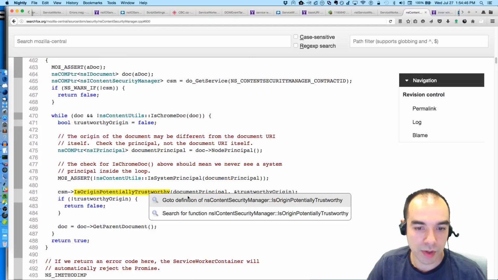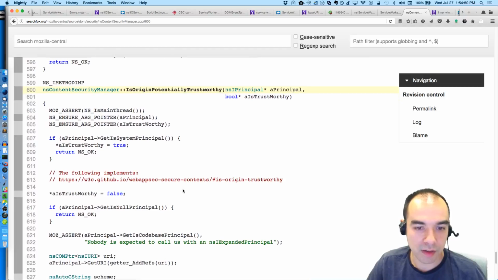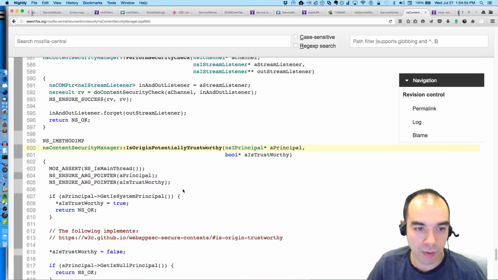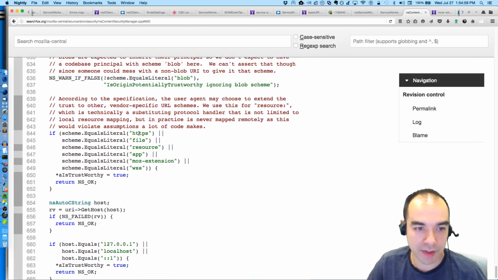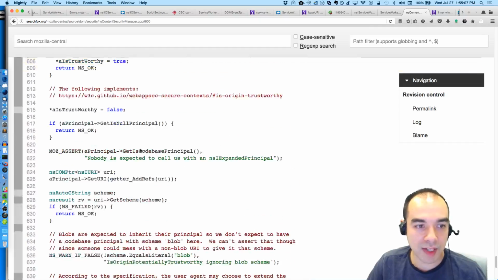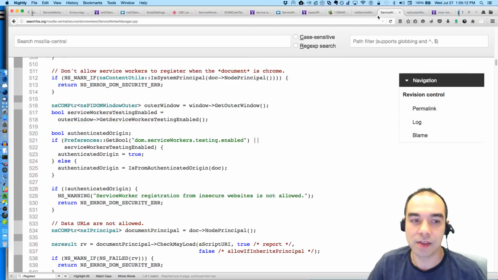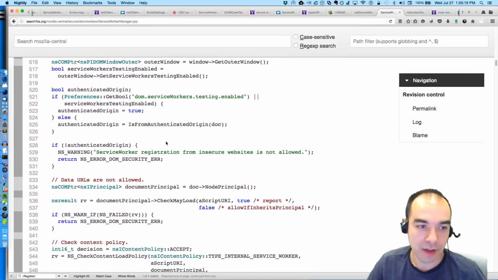I wonder if trustworthy means like, we can call through it using HTTPS. Oh yeah, it's one of these special schemes, or if the URL looks like something we can communicate with securely and we feel confident about it, that's what it means. Okay. Is from authenticated origin.